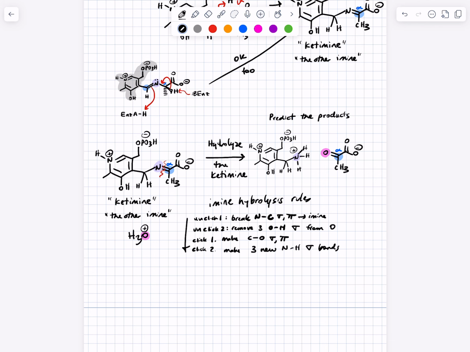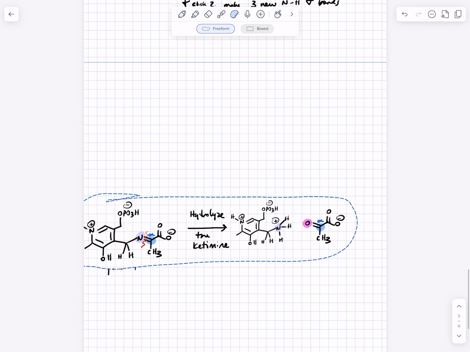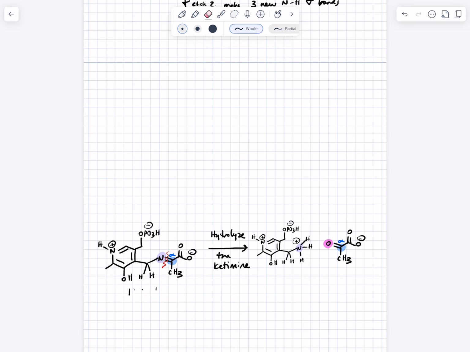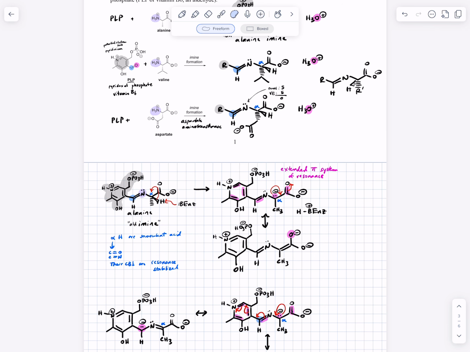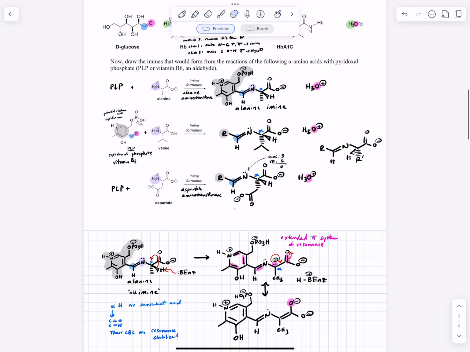And what I will do actually, let's put all of this on the same screen so we can review it easily. That's hydrolyze the imine. Then we had to make the imine. Oh, shoot. Well,